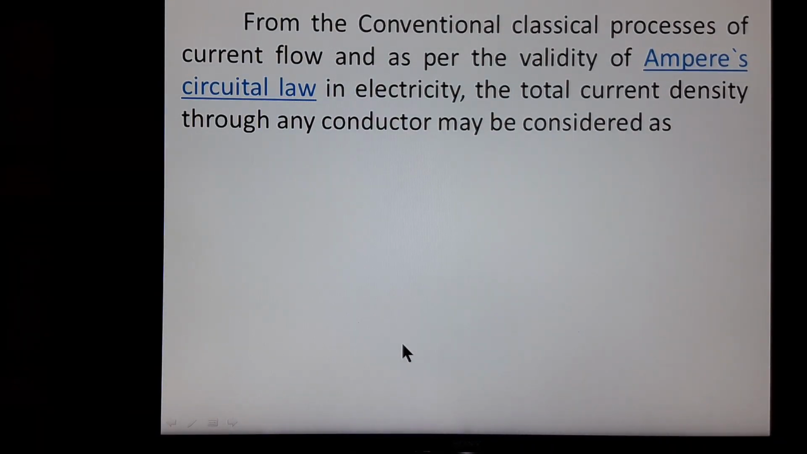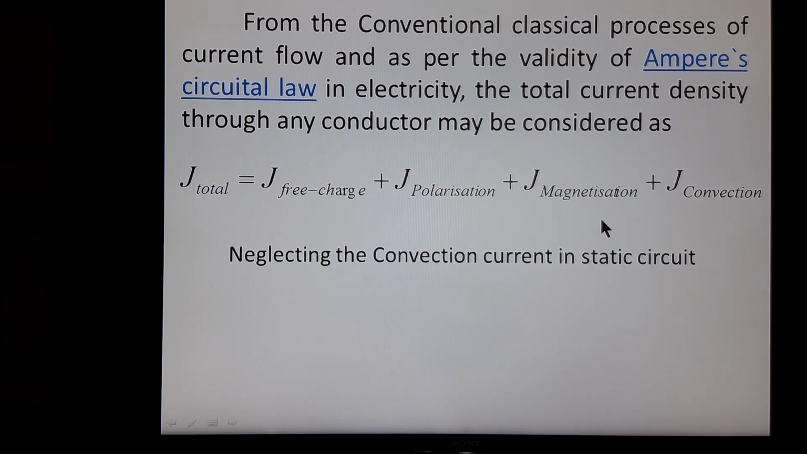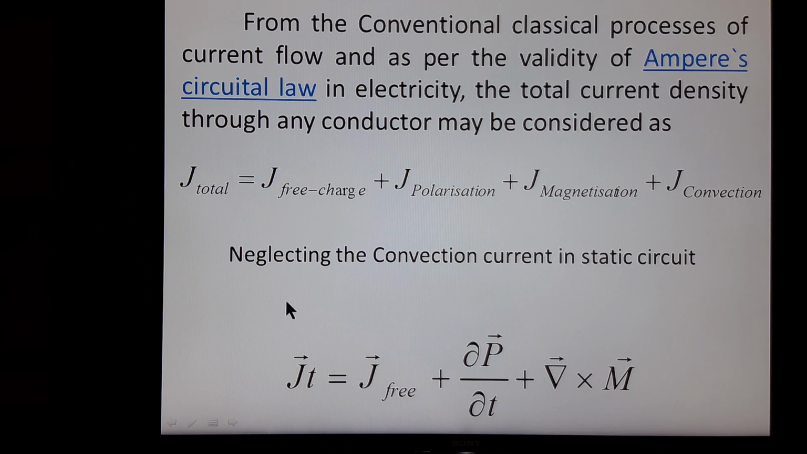Therefore, from the conventional classical processes of current flow and as per the validity of Ampere's circuital law in electricity, the total current density through any pure conductor may be considered as the summation of four current components mainly. This is due to the free charge carrier motion, this is the dielectric polarization current density, this is the magnetization current density, and finally the convection current density due to the motion of the circuit as a whole. Now, neglecting the convection currents in a static circuit, the expression may be simplified as